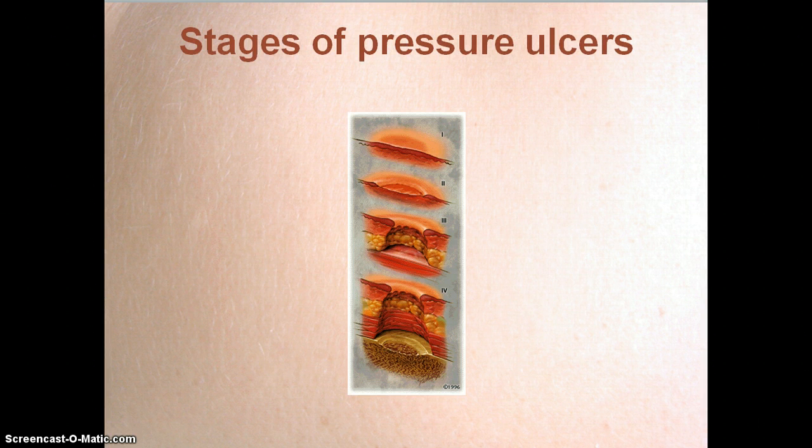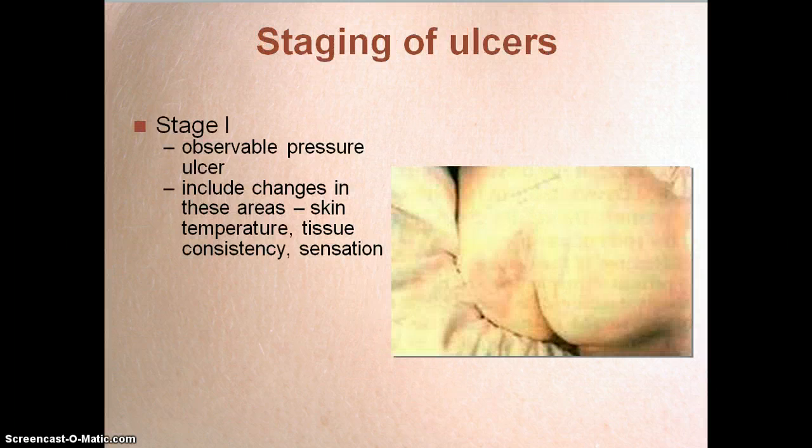Our pressure ulcer can become more problematic the deeper it gets. It's staged 1 to 4, and we look at stage 1 as tissue or skin that's a little bit boggy. When you feel or palpate it, it feels squishy or spongy underneath. In looking at this stage 1 on page 1180 and 1182,